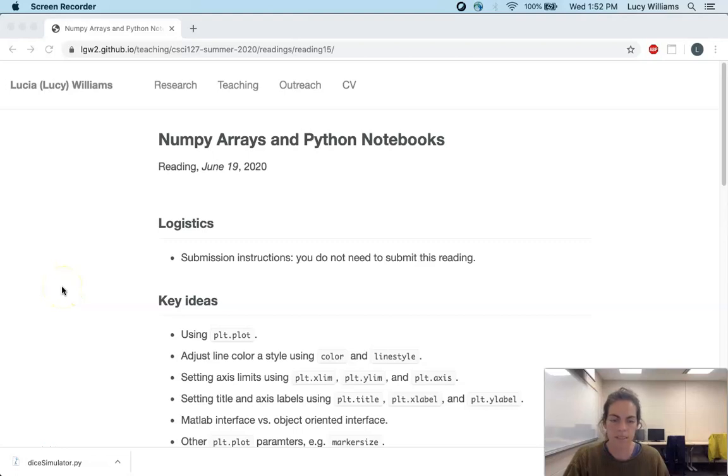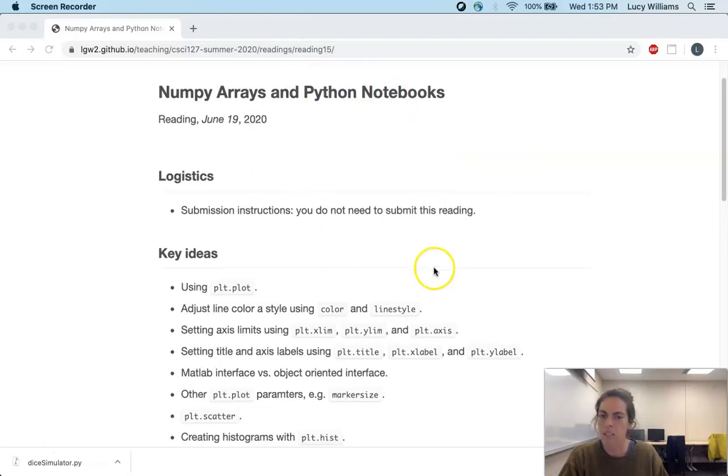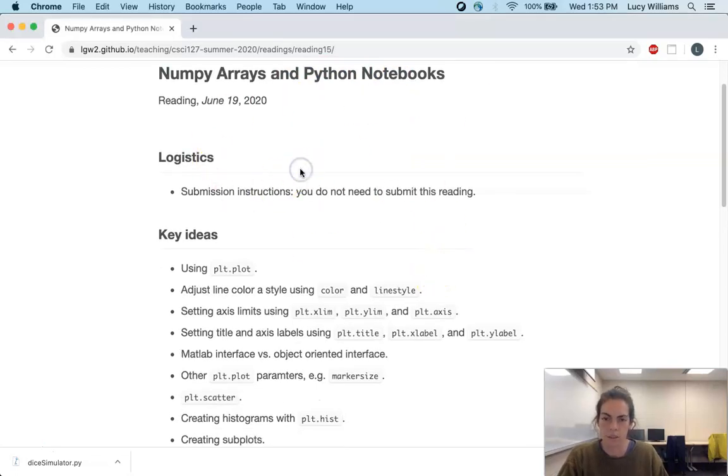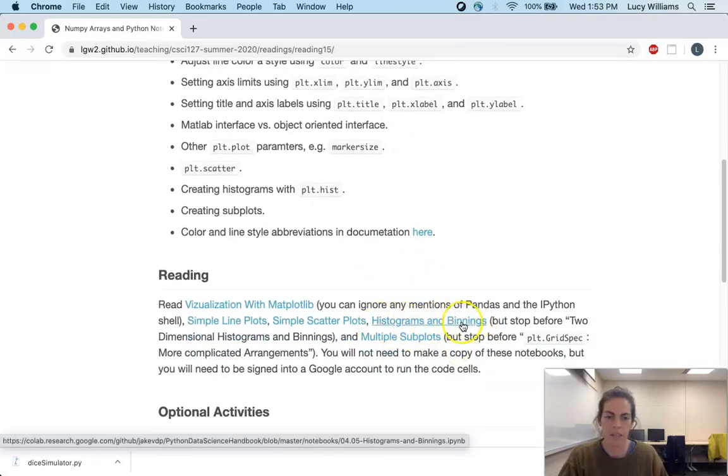Hi everyone! In this video I'm going to give an introduction to generating histograms from data using matplotlib. I am currently on the NumPy arrays and Python notebooks reading page, which is linked on the course website, and I'm actually just going to jump into the histograms and binning reading here